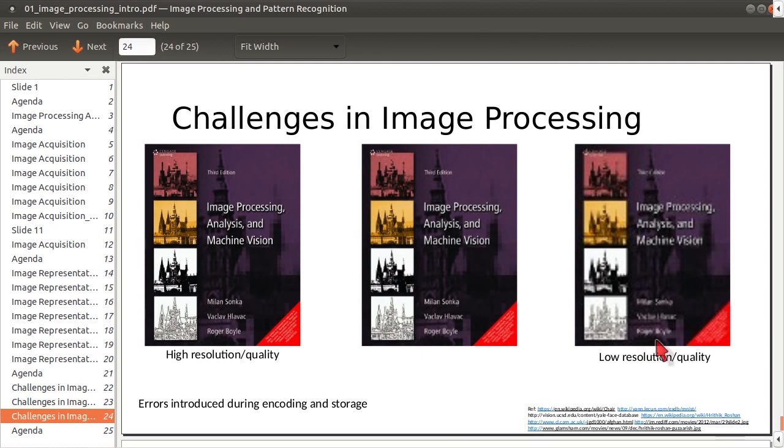So as you decrease the resolution or you decrease the quality of compression, if you compress the image too much, this image will have much lesser size. It will occupy very little memory as compared to this image, but it is also missing the details. So what you want is a balance between the two. You don't want very high resolution because you will take too much memory. It takes a lot of bandwidth to transmit the image, but you don't want to lose all the details as well. You want something that's in between. So you can still perceive the image in very good quality, but you can also save on the transmission cost.